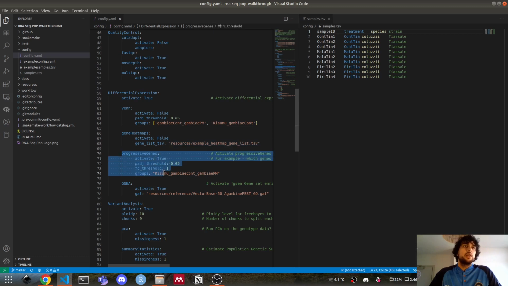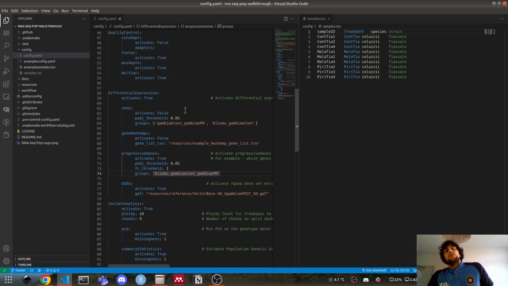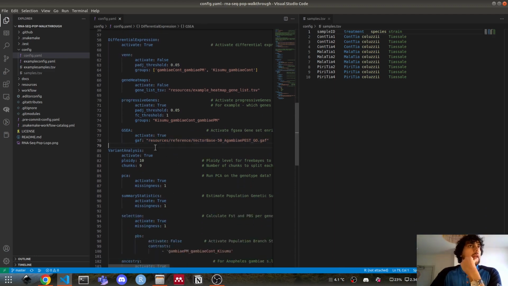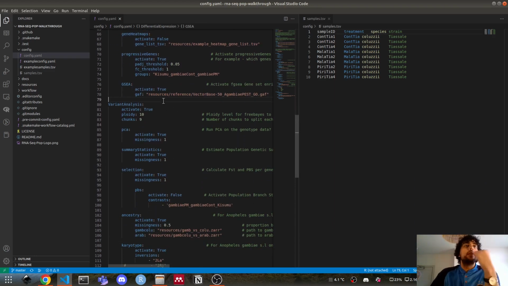If we have 2 comparisons, we might want to see, is there upregulation of certain genes in the first comparison and in the second comparison in the same direction? And that's what this module does. We can do gene set enrichment analysis, and we can also then do various bits of analysis with variant calling. And so we can activate that here.